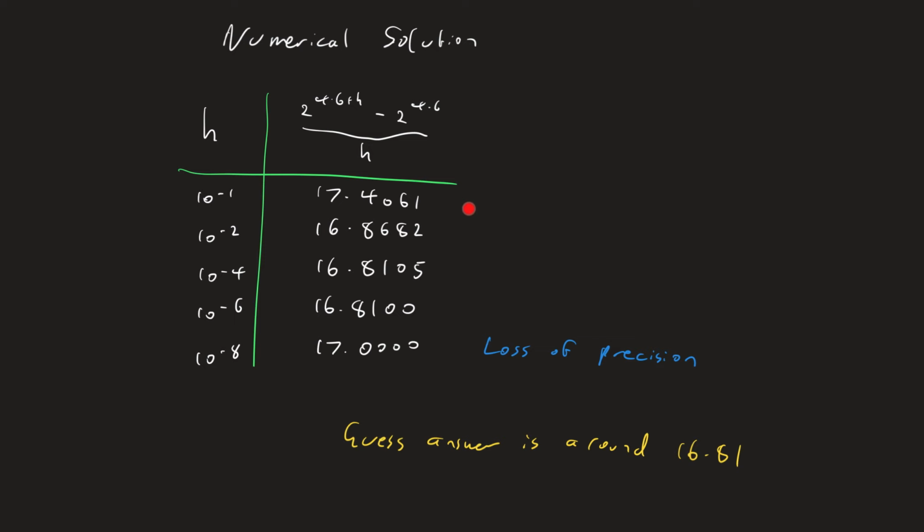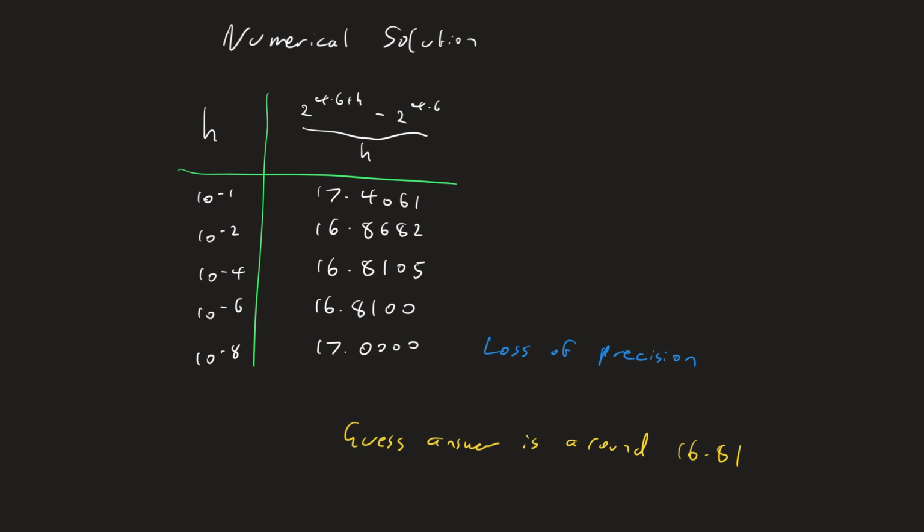If we could compute to arbitrary precision, then this method would work well. The problem is that whether you use a calculator or a computer, it generally only stores a finite number of digits after the decimal point. And what happens when h gets too small is that you run out of decimal digits and you start getting